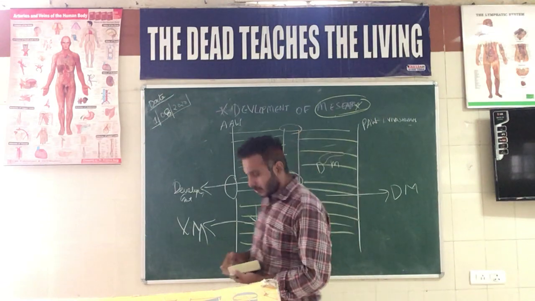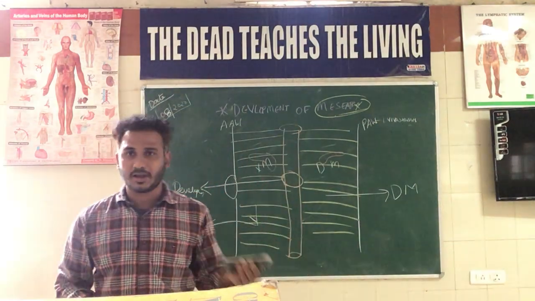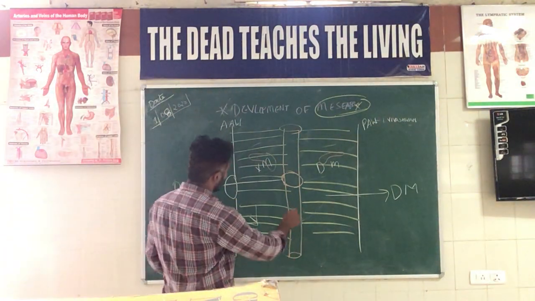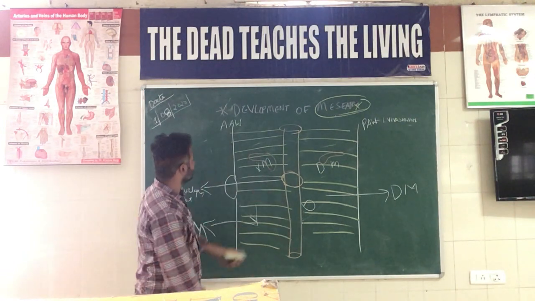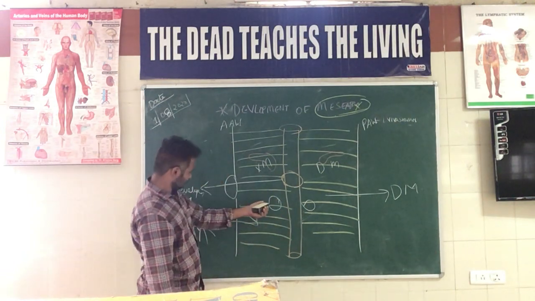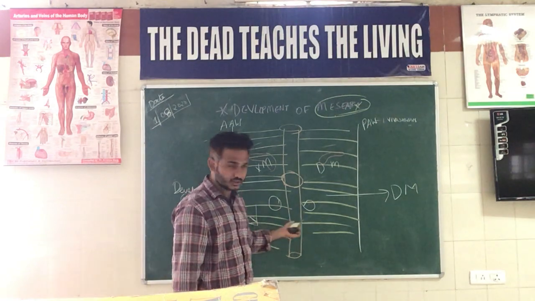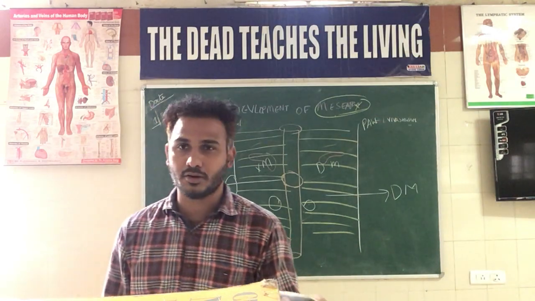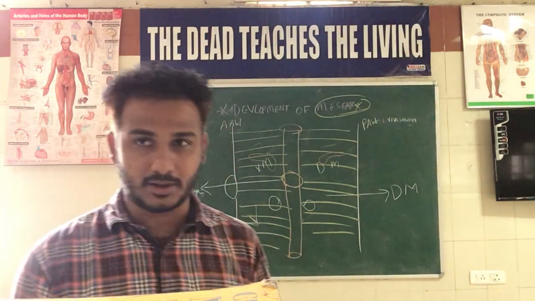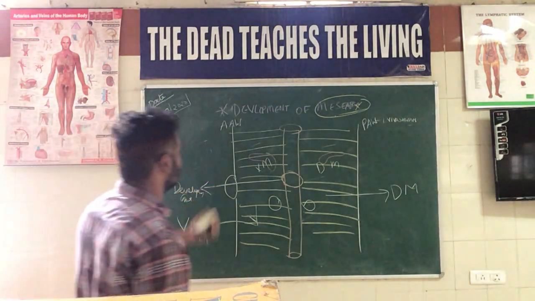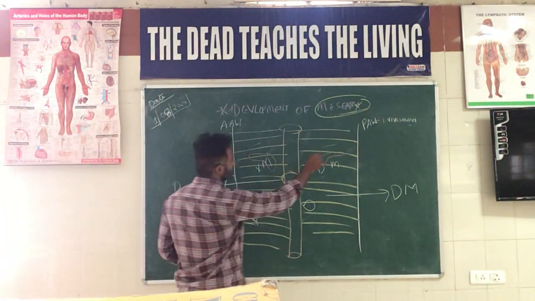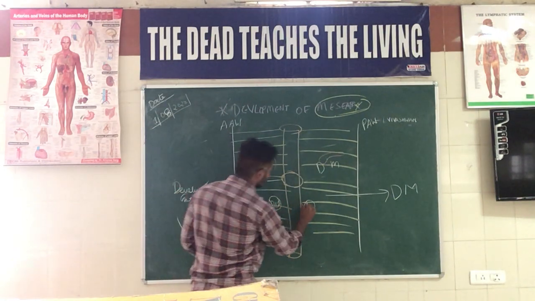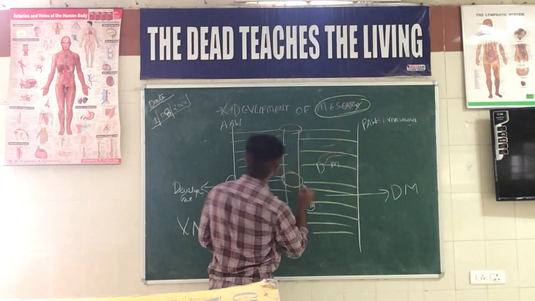And there is one more thing called the pancreas. Pancreas has a dorsal pancreatic bud as well as a ventral pancreatic bud. The dorsal pancreatic bud particularly develops from the dorsal mesogastrium, and the ventral pancreatic bud develops from the ventral mesogastrium. Later on, these two will be fusing. We will discuss those details when we discuss the development of the pancreas. But presently, let us focus on the mesentery itself. So this is the liver, this is the spleen, this is the ventral pancreatic bud, and this is the dorsal pancreatic bud.